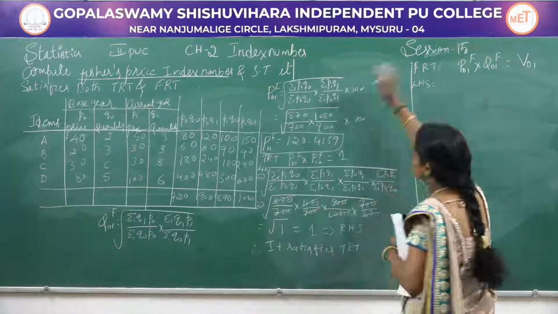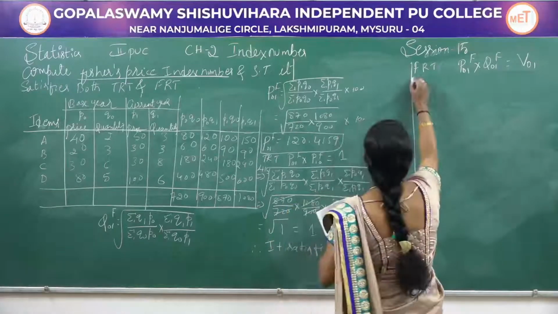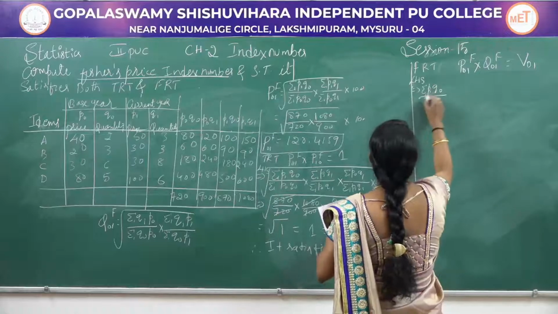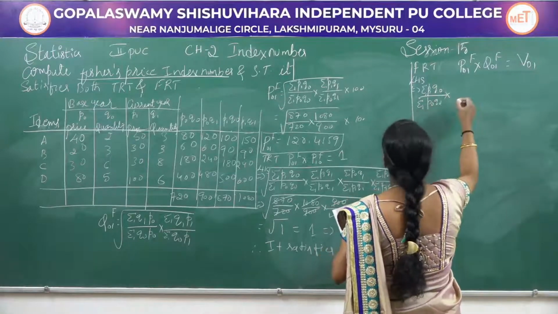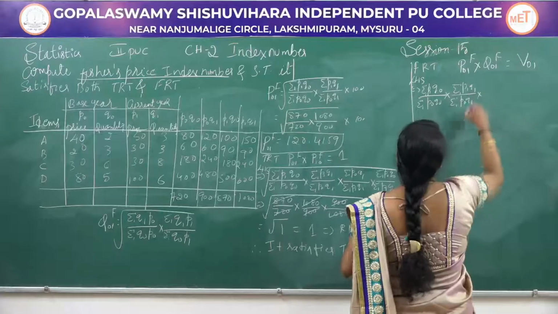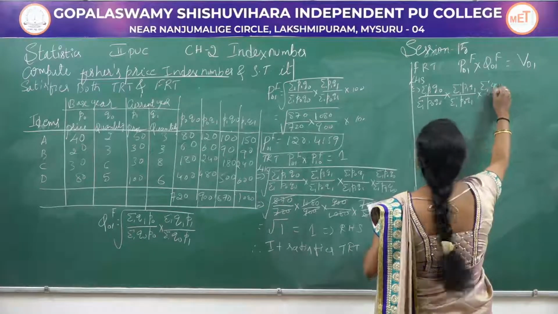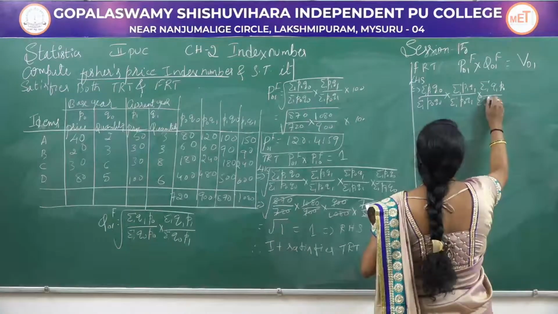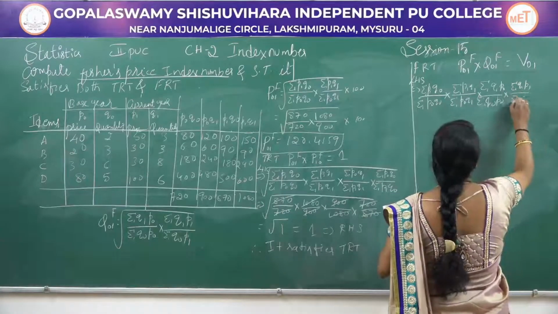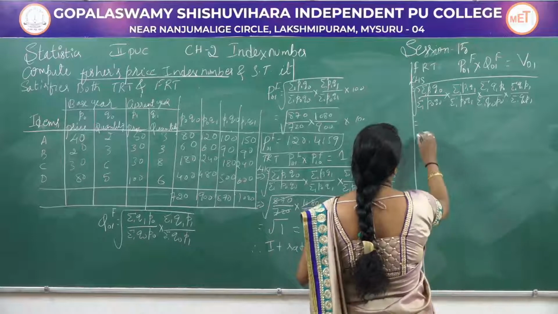P01 of Fishers, already it is here. Q01 of Fishers, here I have written. So take down that one. Here I will consider LHS. So this is the formula, the square root of summation of P1 Q0 by summation of P0 Q0 into summation of P1 Q1 by summation of P0 Q1, into, for quantity I will take down this one, summation of Q1 P0 by summation of Q0 P0 into summation of Q1 P1 by summation of Q0 P1. Now substitute the values for this.